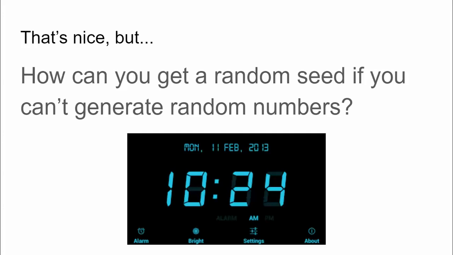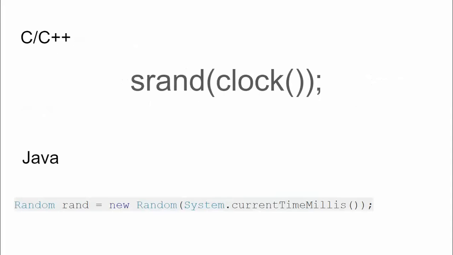But what if you're on something that doesn't have a real-time clock? You're on an old computer, an old console, some embedded system that doesn't have a real-time clock. Well, like on an Arduino, you can read a serial port when the thing starts up, and there'll be a garbage value, and you can use that as your random number generator seed. But there's an even more elegant way, and that's this.